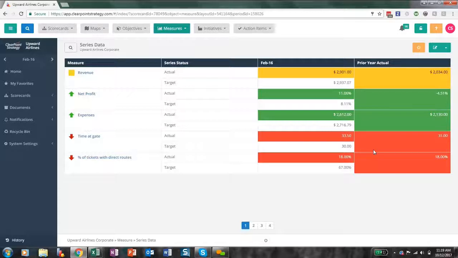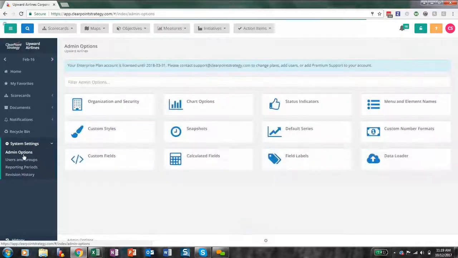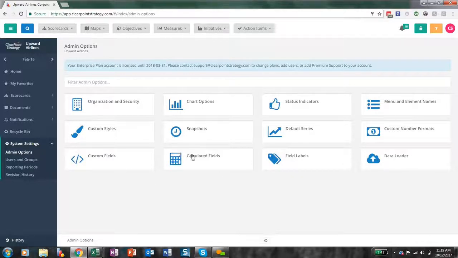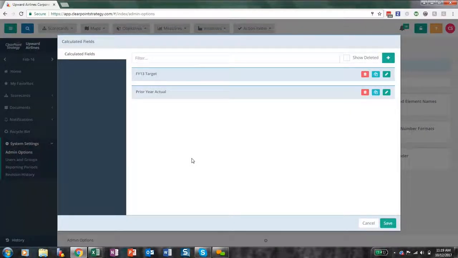So now it's time in your account to head back over to the control panel, System Settings, and Admin Options. And I'm going to click here on Calculated Fields, which is down on the left next to Custom Fields. So here we have our complete list, and you'll just want to take note if there's a lot of clutter here to go in and look at what each calculated field is displaying and whether or not you're still using